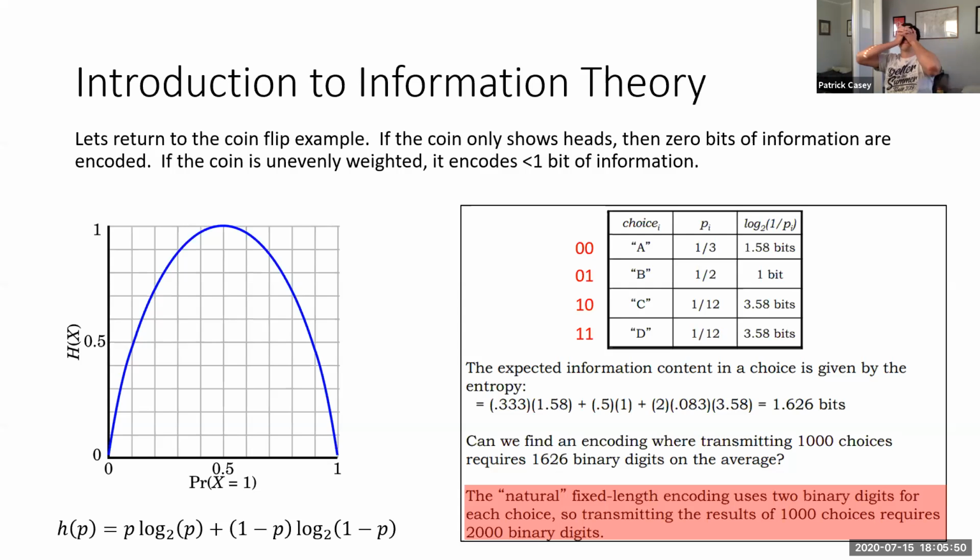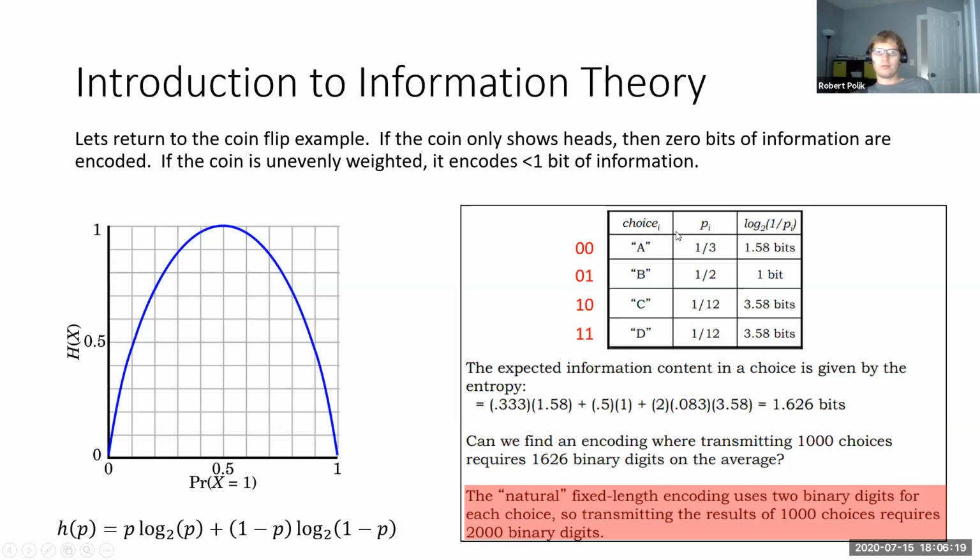Oh, I've definitely done this. I'm totally blanking. Can you do some sort of pairing? You can, you're jumping ahead. You can do a pairing, but if you do just an equal pairing, you'll have AA, AB, AC, AD, and you'll have 16 different choices, and each of the 16 different choices will be 4 bits. So you're not really compressing your data at all.